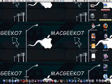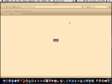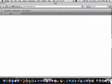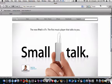Let's go ahead and start it off with Firefox. Why would you use Firefox over Safari? Because it's way faster. Wait for the page to load up. Oh wow, it took a while. Oh, there you go. If we type in Apple,